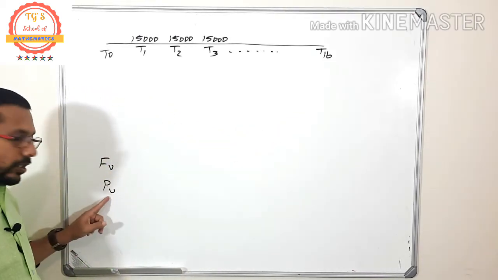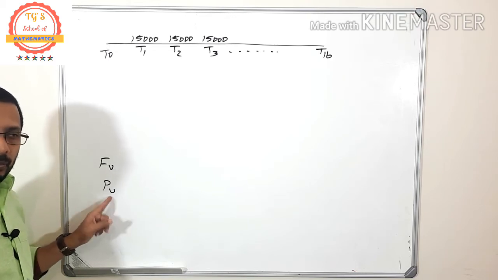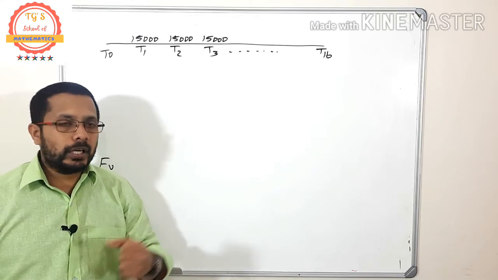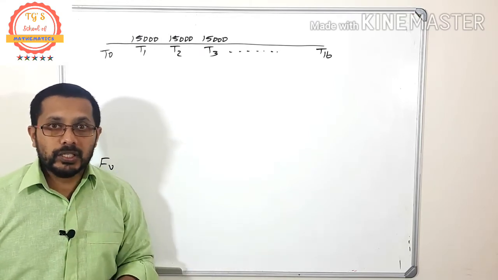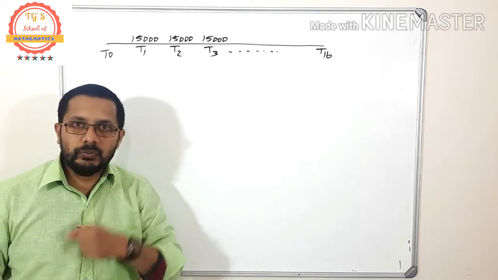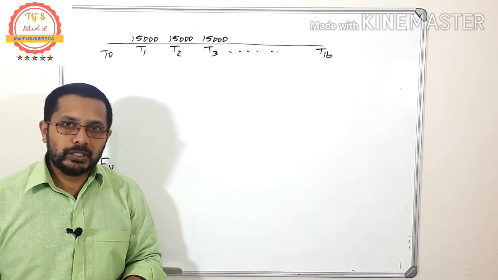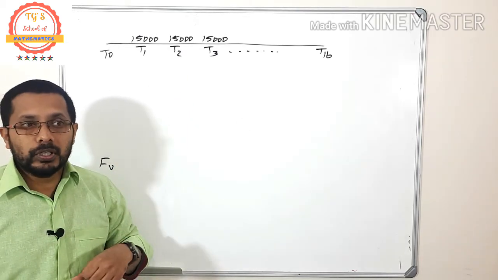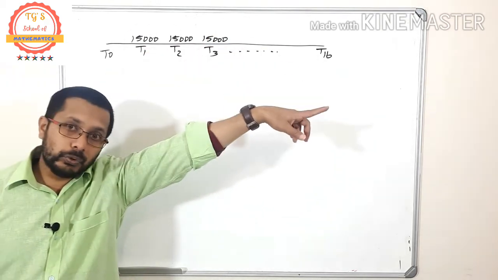Then what is present value annuity? For example, I borrowed 100,000 rand from the bank. That means I am getting that 100,000 now. That means that is a present value. Did you understand the difference? With this one, I'm not getting the money now. I'm getting the money in the future.